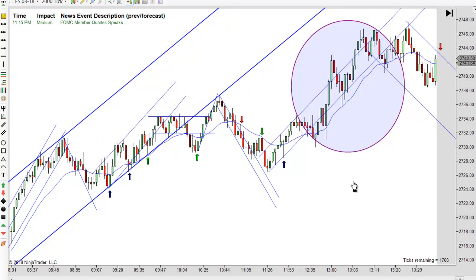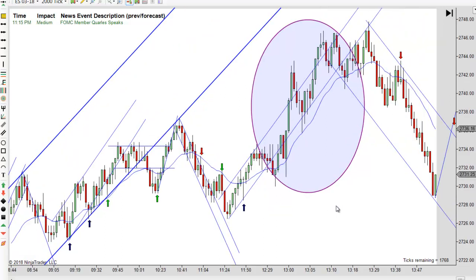So this is not too bad considering some days you will see. But just stay out of this. But notice even here, we're going sideways. You get a failed break lower. If you'd entered there, it would have played out just like usual. Then you get a failed break out the top before it makes a higher low and takes off. So even during news items, the price action still plays out.